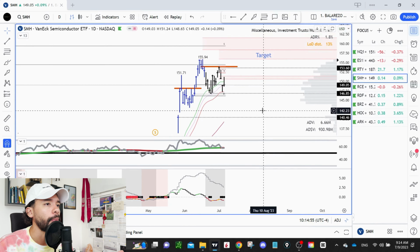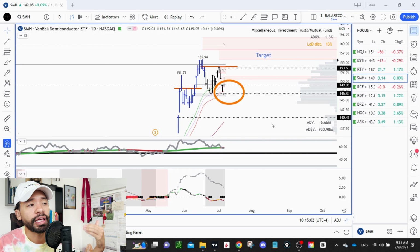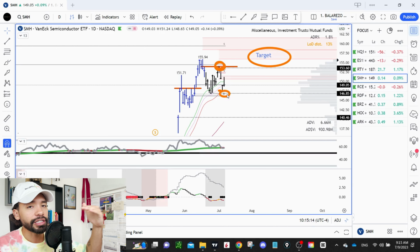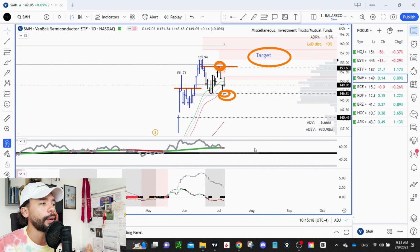So as for the SMH, basically the same setup. Once again, you can see that we came into the wave. I'm using the wave as a level of demand, as a level of support, and then I'm just looking for continuation into the target right here. This target is the Fibonacci extension measured from this high right here to this low right here. That's the 1.272 extension to the 1.618 extension,